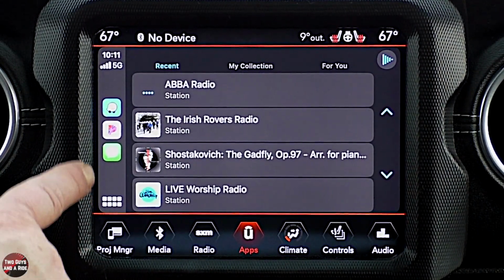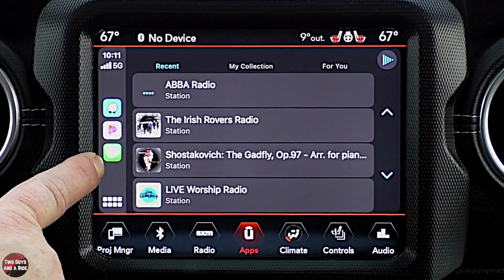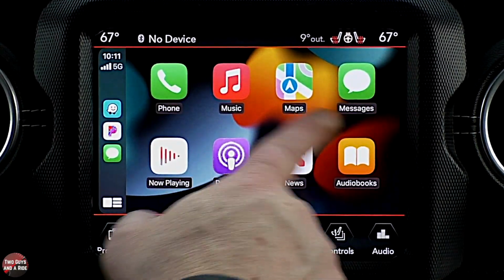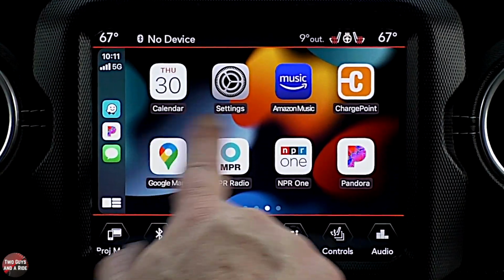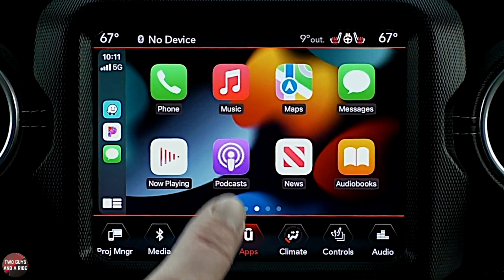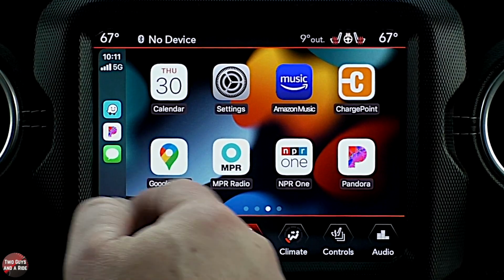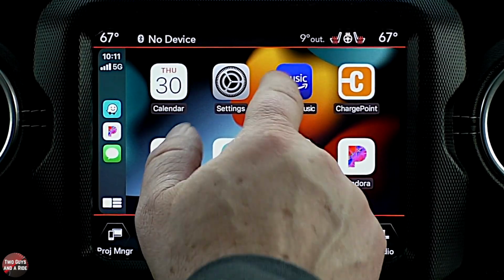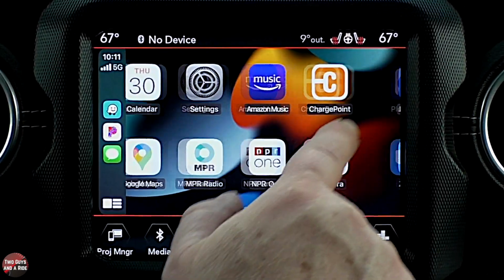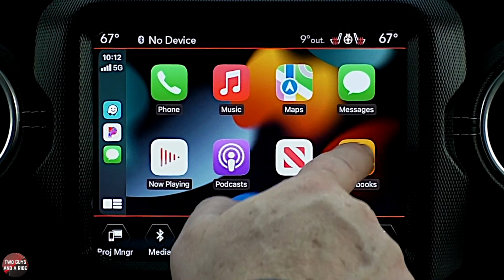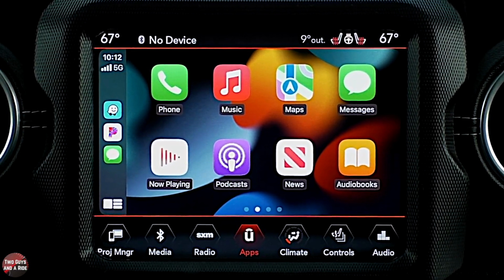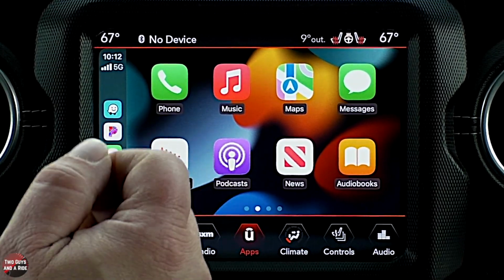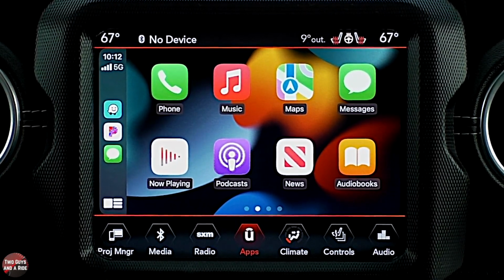Now, if you've never seen Apple CarPlay before, these are your most recently used apps. This, of course, is showing Pandora right now. If I click on this, I can see all of the apps from my phone that will work on this display. You'll notice that despite this car has navigation, you still have Apple Maps, I have Google Maps, and I have Waze. And I think pretty much any navigation app you have would work. I've also got Amazon Music, I've got Sirius XM, I have got Pandora, I've got audiobooks, so it's really cool. The other really neat thing is if someone texts you and it pops up, you have to do a one click to look at the message, but then it will read it for you and you can respond just using